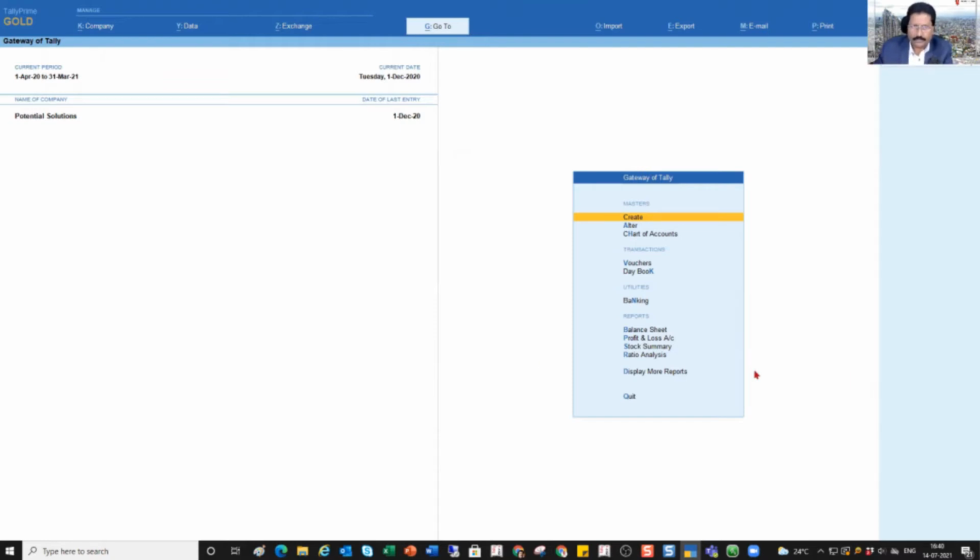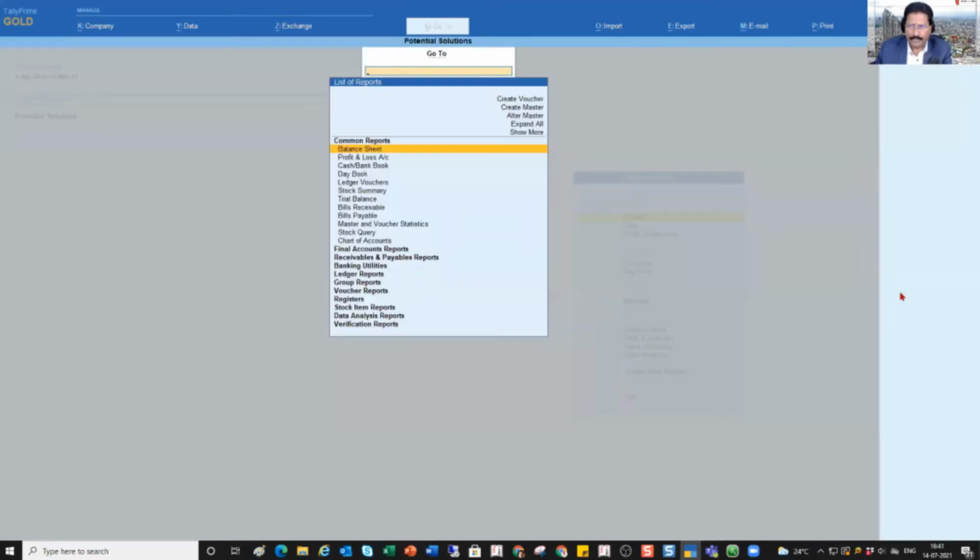Okay. So now the advantage in Tally Prime is that our secret number 3, if you recall, during the introduction I had given you 3 secrets. So our secret number 3 is go to, which is very convenient in Tally Prime for you to quickly navigate to any report. So you really don't have to worry about the menu route. So you don't have to worry whether it is an accounting report or statement of account or which report. You don't have to worry. So you have to see now bills receivable, right? So you click on go to. So I'm going to type bills receivable.